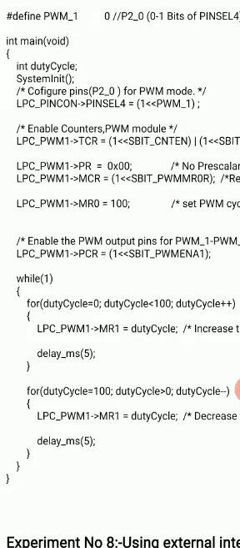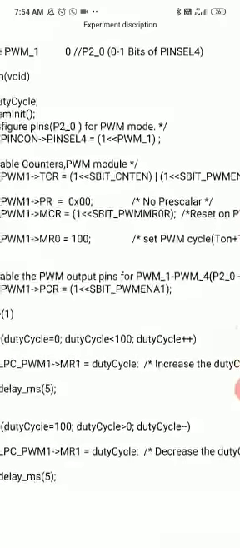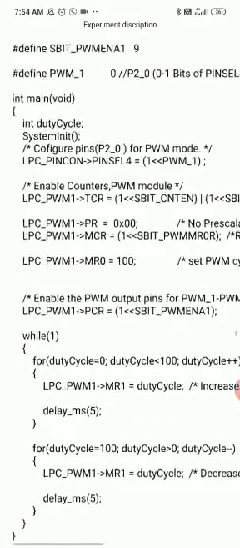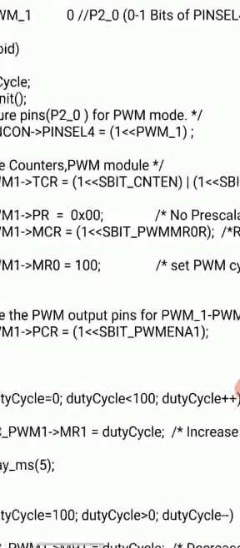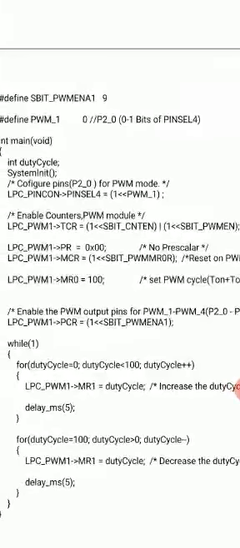Okay, next you have to put the value of 1 into the match control register, which is defined at pin number 1. So 1 is moved so many times here. What it will do is reset the timer counter value whenever the match occurs. So this is for MCR.